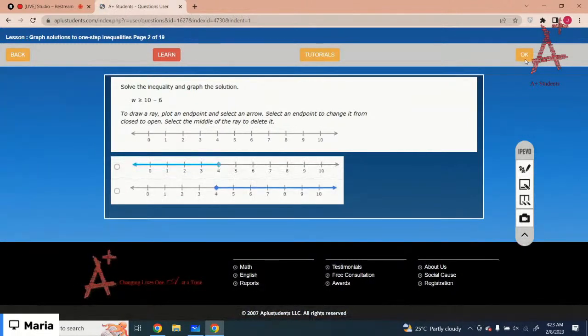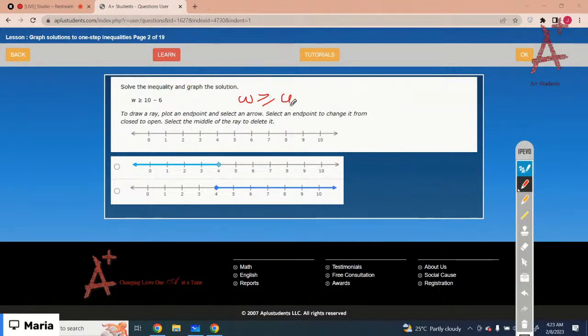Okay, the next one is w is greater than or equal to 10 minus 6. So 10 minus 6 is 4. That means w is greater than or equal to 4. That means w can be 4 and greater than 4. So the graph must point at the right hand side because all the numbers are greater than 4,